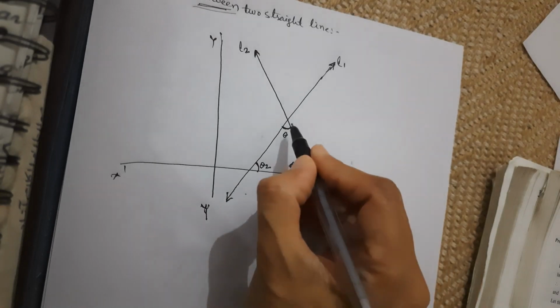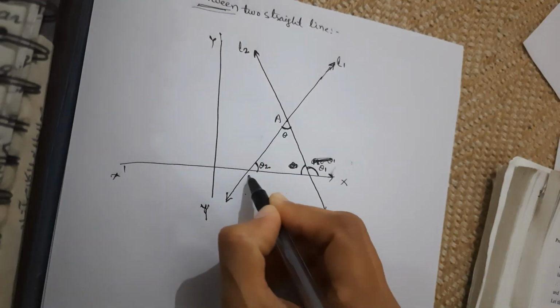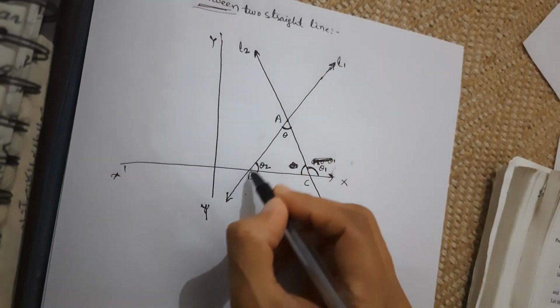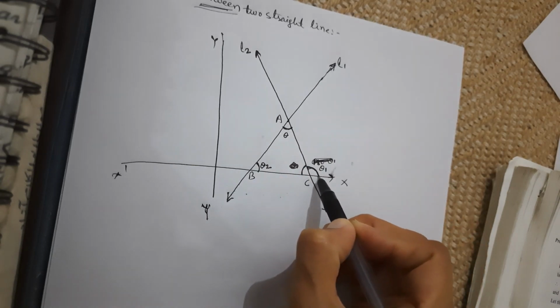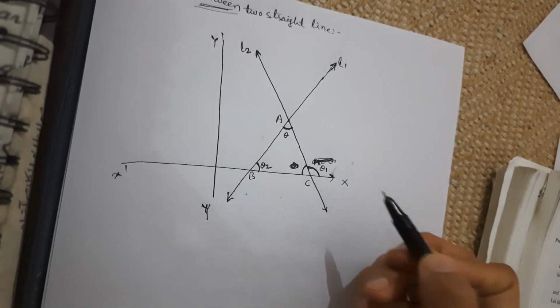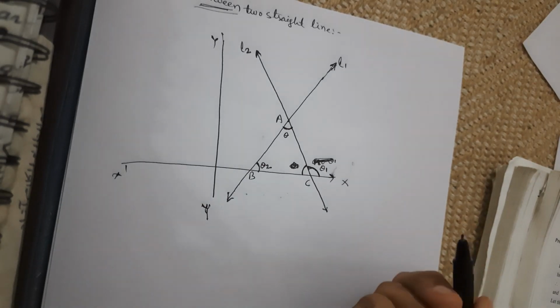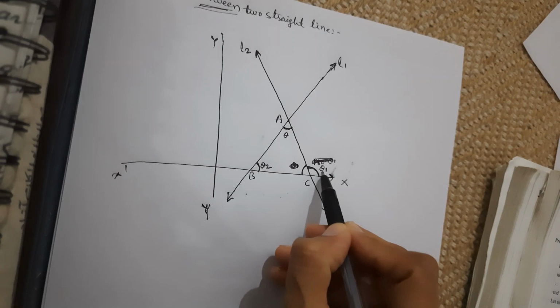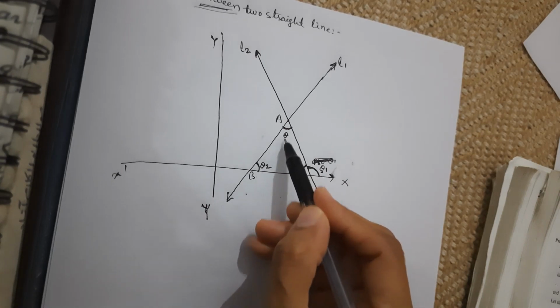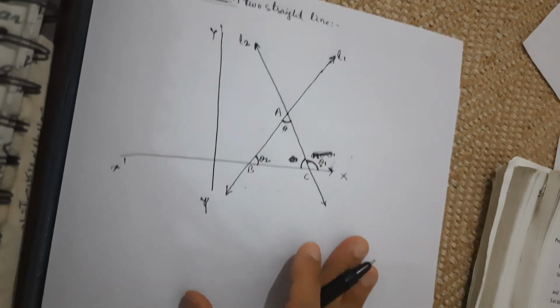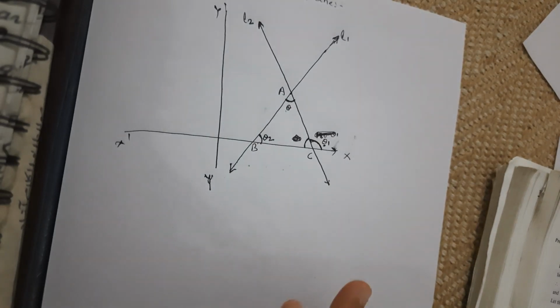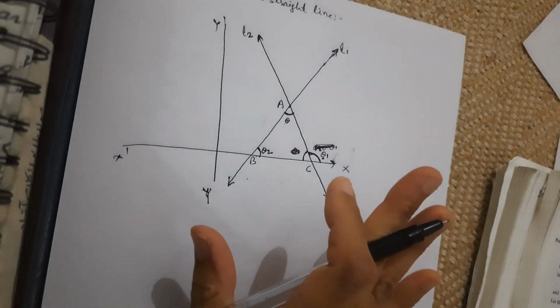Now this becomes a triangle. So this is A, B, C. This ABC becomes a triangle. And this is the exterior angle, right? From the 10th or 9th standard, you know that this is the exterior angle. So what is its value? This exterior angle is always equal to the sum of the remaining two angles. Okay. So first of all I will just write the given information.